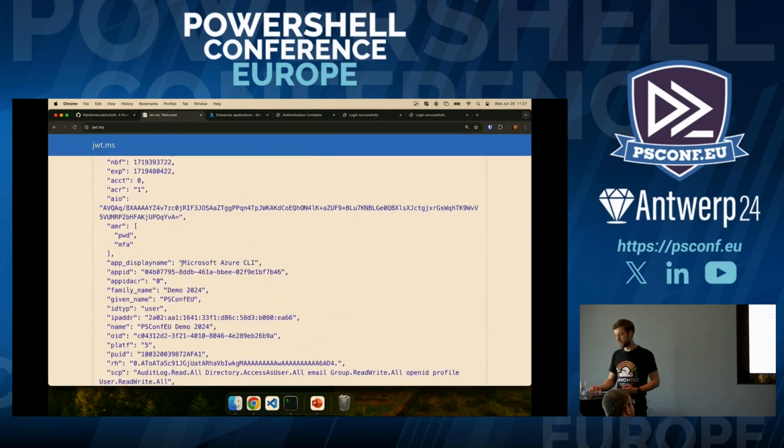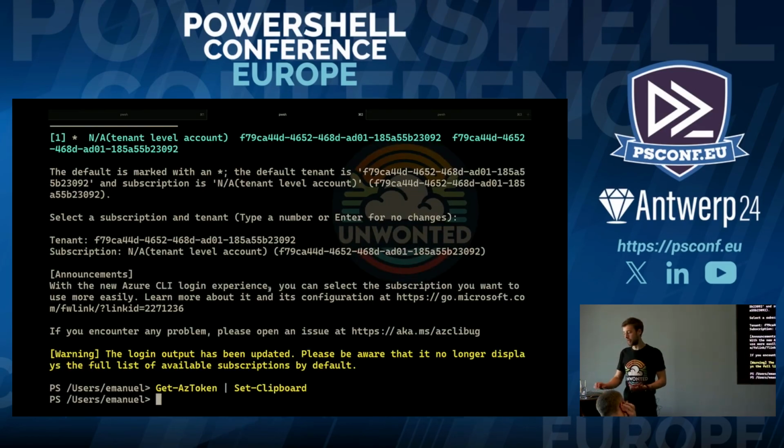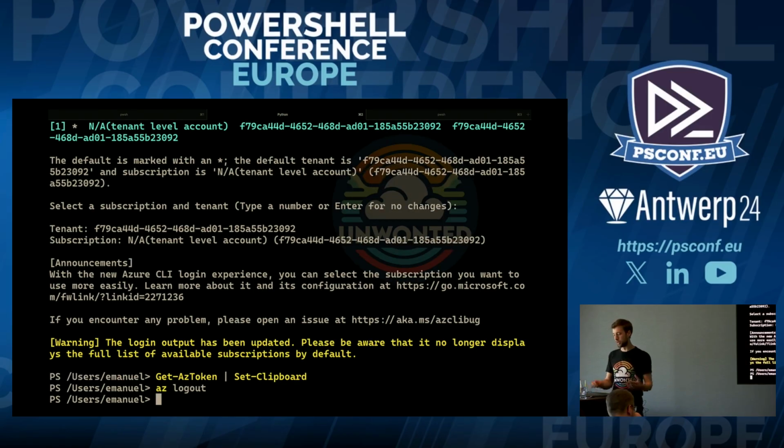So scrolling down here, we can see that this token is actually from the Azure CLI, which I haven't really done anything with my module. I just read from their caches, which is neat, but not super useful per se, unless I just want that to be available for the user. So if I log out here just to prepare for the last demo,